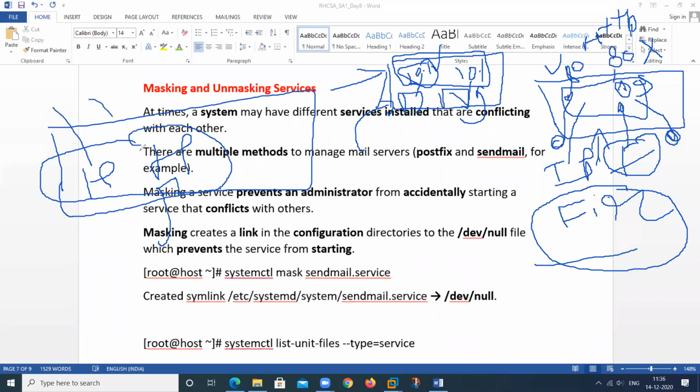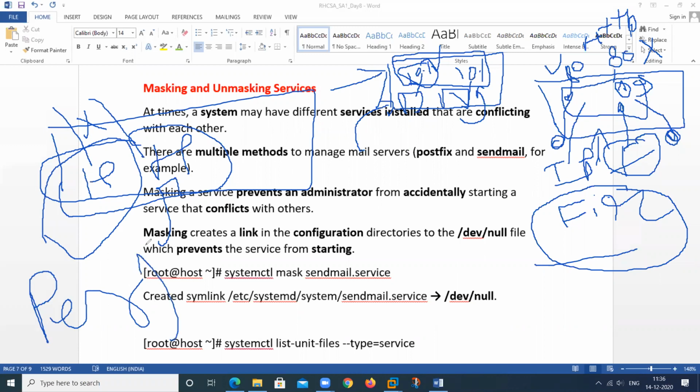These two things at the same time will not work because they will conflict in the network. And I want to stop one service permanently. If we start this, it cannot start. It means permanently stopping the service. Then we can mask the particular service.